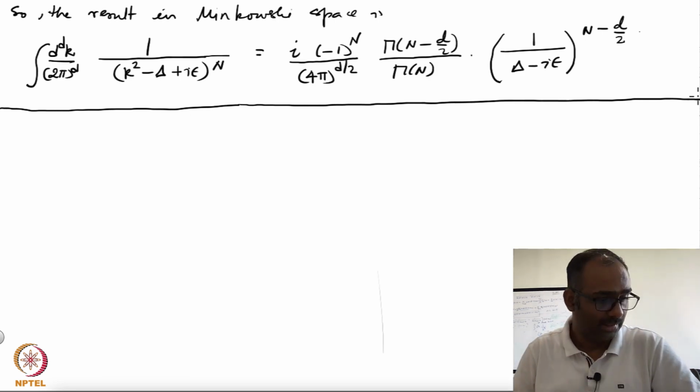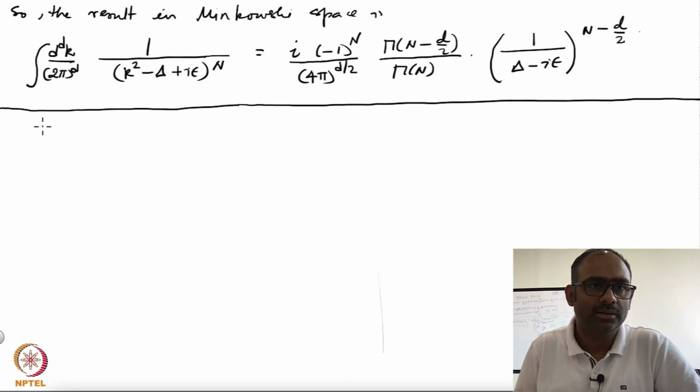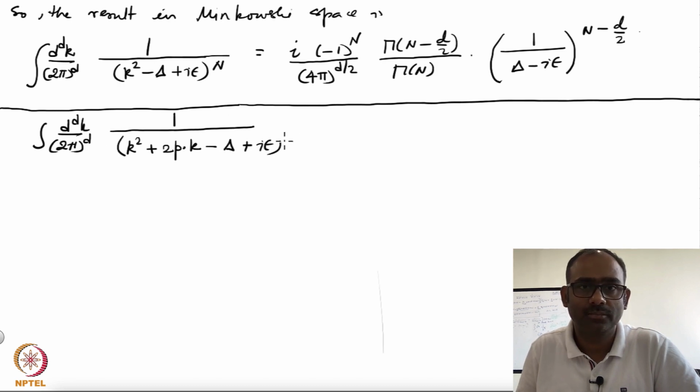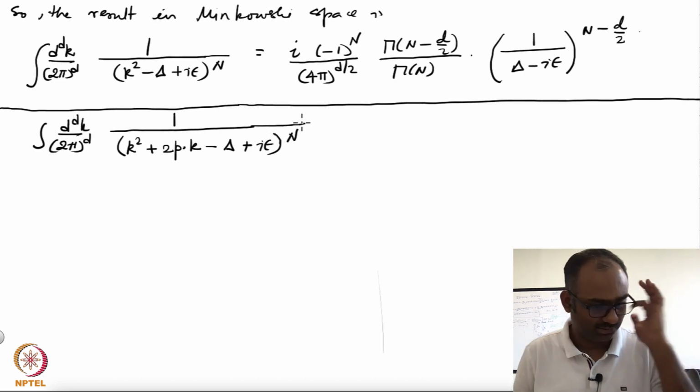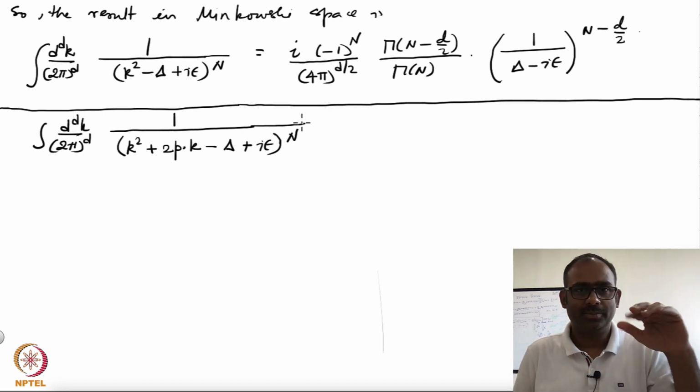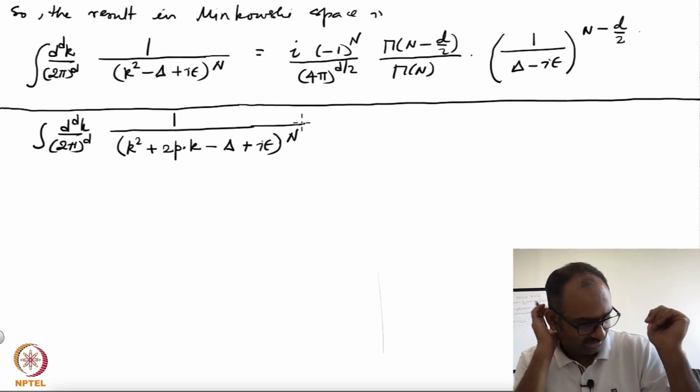Which is the following. So, I want to evaluate now a different integral over k square plus 2 p dot k minus delta plus i epsilon, to the n. Okay, what is the result for this? And it is very easy to do, but before I show you what the result is,